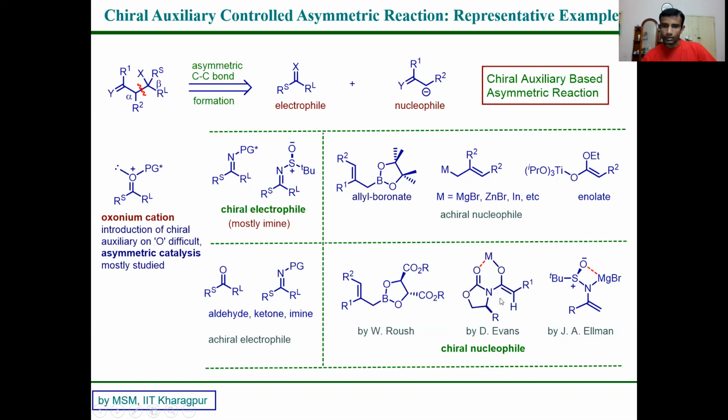So that's the way Evans auxiliary can work with the ester or acid, acid chloride you can put it here. At the same time, we can deprotonate and we can get this magnesium enamine to get this type of chiral enamine, which will be again controlled by this sulfoxide. So these are the three chiral nucleophiles we are going to discuss for our reaction, and I'll come back with another video for details. Thank you.